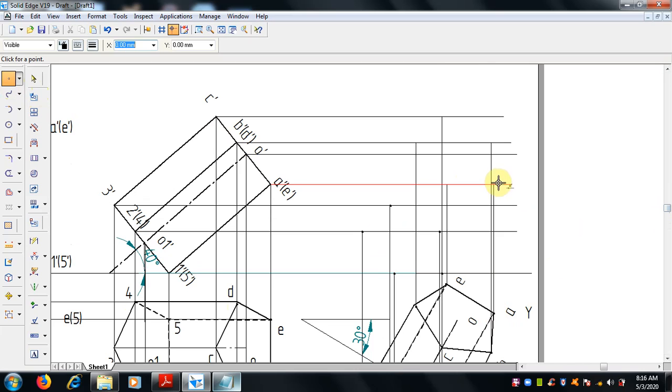Where it meets A, here you can put it. B. C where it gets intersected, here it is. D gets intersected here, and E gets intersected here. So now you will get the overall points over here.